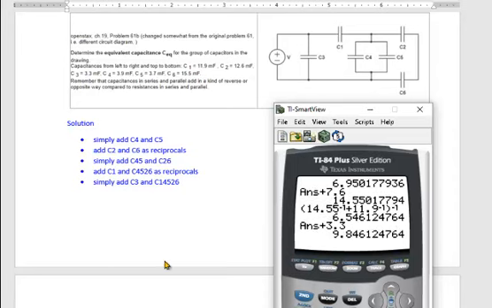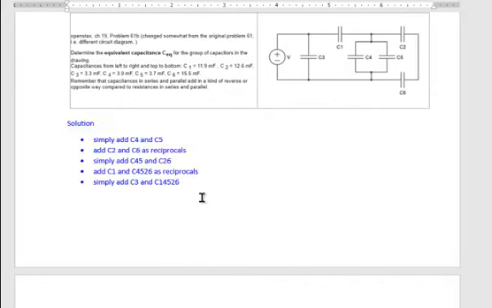There we go. Enter. So the total is 9.84 millifarad, 9.85 millifarad. Well, actually, it's 2 sig fig anyway because of the, yeah, I can see that. So the equivalent is, what did I just say a moment ago? 9.8